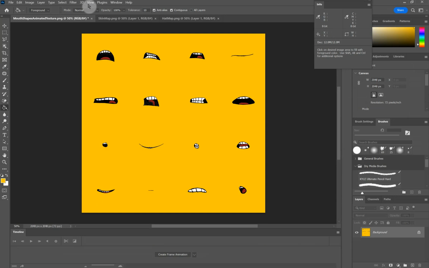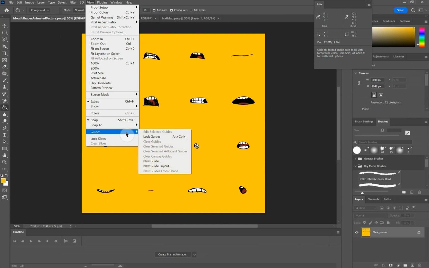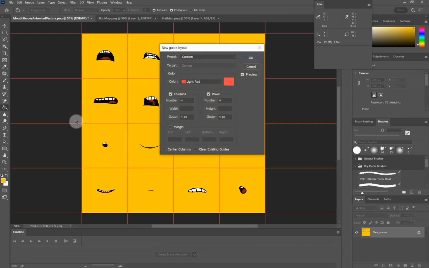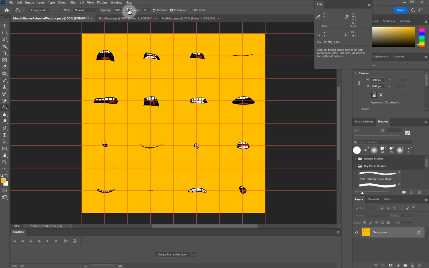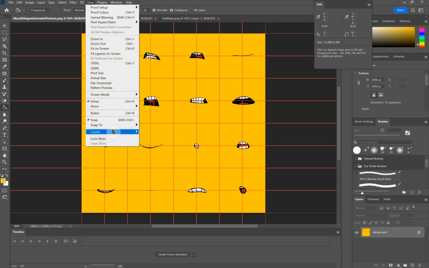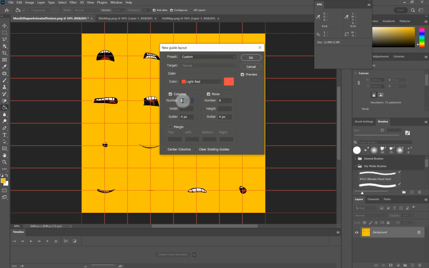If you go view guides, new guide layout, you could go 4x4, make it red, that's fine. But actually if I make it 8x8, go okay, and then just go view guides, new guide layout, and then do a 4x4 one